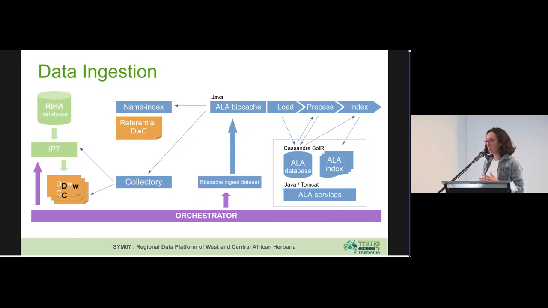The last step we need to implement is to create an automated data workflow with an orchestrator such as Jenkins. Then when the Herbarium Data Manager adds or amends a specimen in the RIA database, we expect these changes, this new data, will be visible on the GBIF website and on the data portal at the same time, periodically and without any IT human intervention.